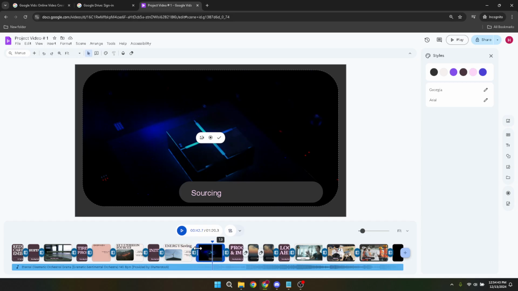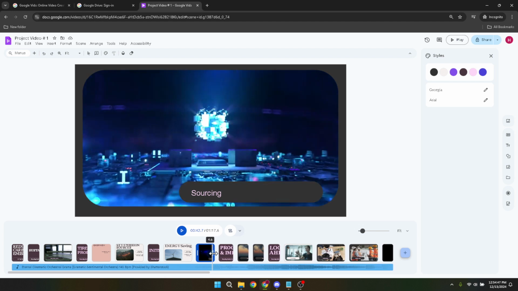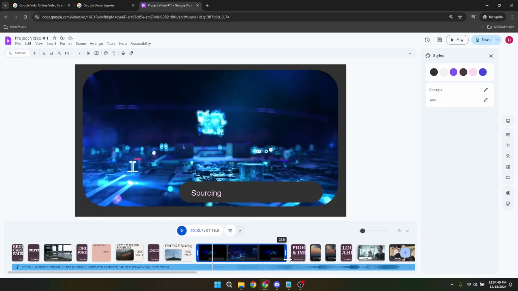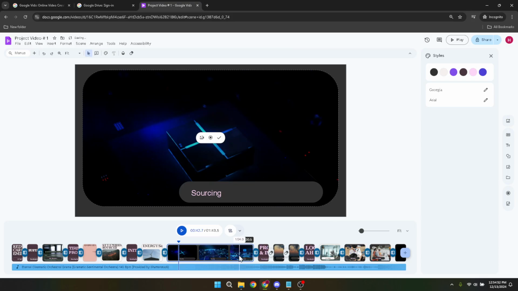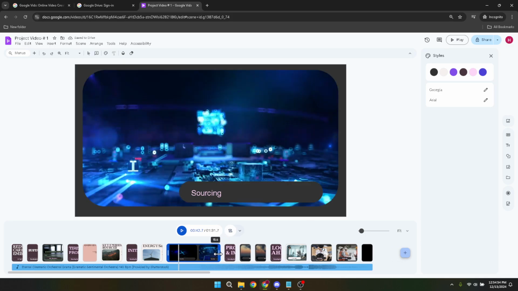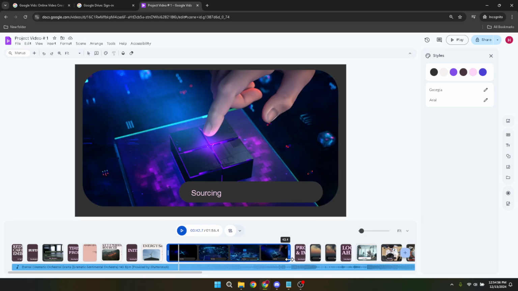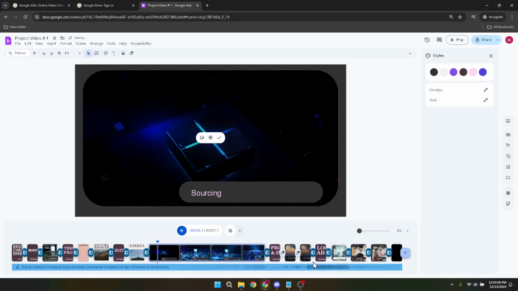Once you've identified the edges of your clip, it's trimming time. Click on one edge of the clip. You'll notice that it becomes highlighted, indicating that you can now interact with it. Gently drag this edge sideways to start trimming your video. If you're looking to trim the beginning of the clip, you'll drag the left edge to the right. To trim the end, drag the right edge to the left. This action will effectively shorten your clip, removing unwanted parts and leaving you with the content that you want to keep. As you drag, you will be able to see a preview of your trimmed clip.